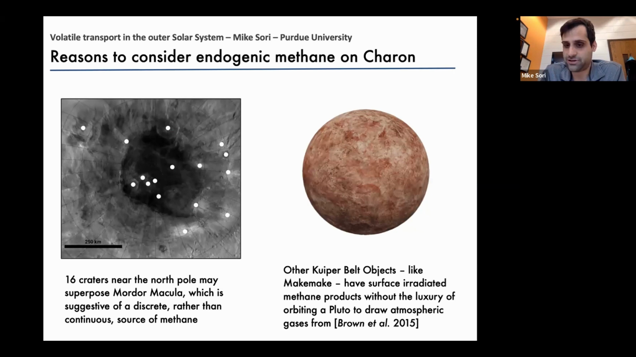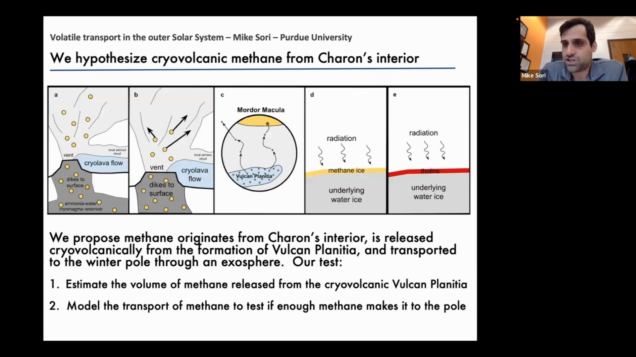And there are other KBOs that have been proposed to have irradiated methane products detected on their surface that don't have the luxury of orbiting a Pluto-sized object with an escaping atmosphere to draw methane from. So there should be some other way for KBOs to get methane, even if, in the case of Charon, the escaping atmosphere is fair game. So the idea that we're testing here is